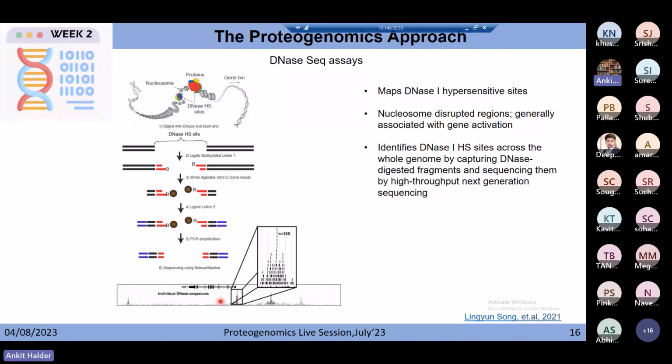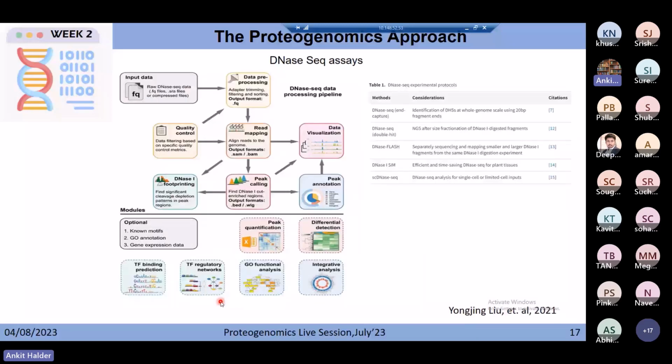Hopefully it's clear, right? So this is how to identify those nucleosome disrupted regions, which are most associated with gene activation regions. So the DNase-seq analysis helps us to find that out. So again,